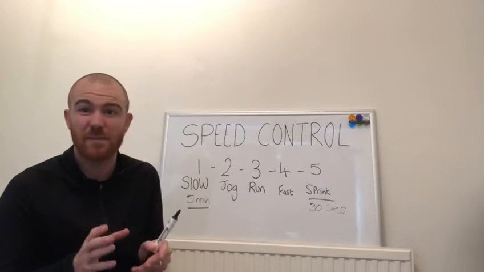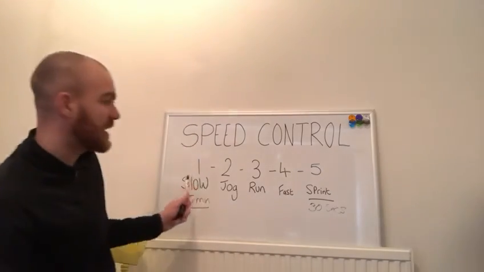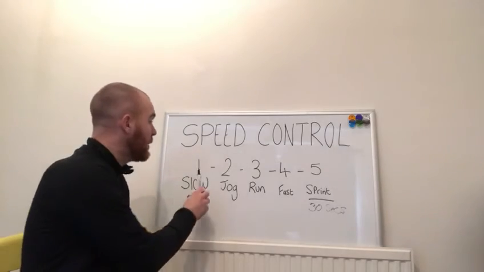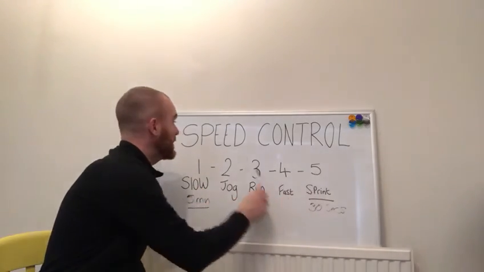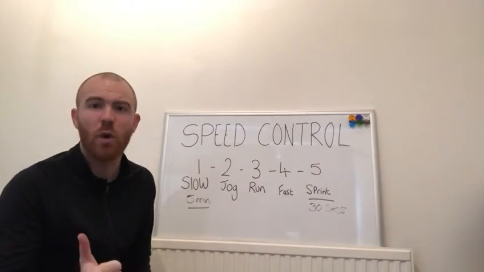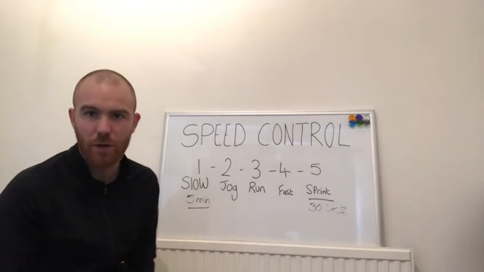Now, on the spot means you don't have to move, so you can do this indoors, because I know the weather isn't brilliant. So it means that you can do this activity indoors. But it's understanding and practicing the difference between the speeds that we can run at, and therefore, we've got speed control. So we know why it's important. We can see the different levels. You're going to have a practice on your own indoors.